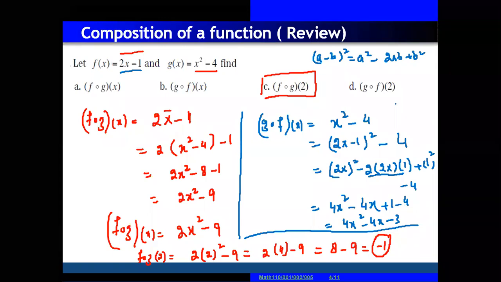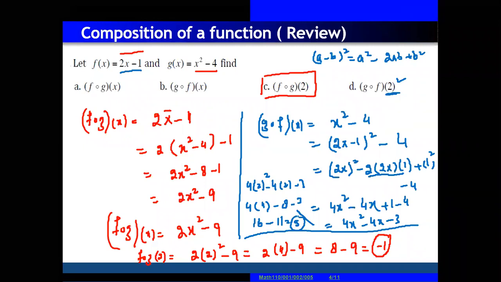You can also replace x with 2 in g composition with f. So when you replace this one, let me solve here. We have 4 x square means 2 square, minus 4 multiplied with 2 minus 3. So 4, 2 square is actually 4, minus 8 minus 3. So 4 fours are 16 minus 8 minus 3 equal to minus 11. So 16 minus 11 equal to what? 16 minus 11 is equal to 5. Composition and then replace composition at a point, like giving 2, 3, 4 values.